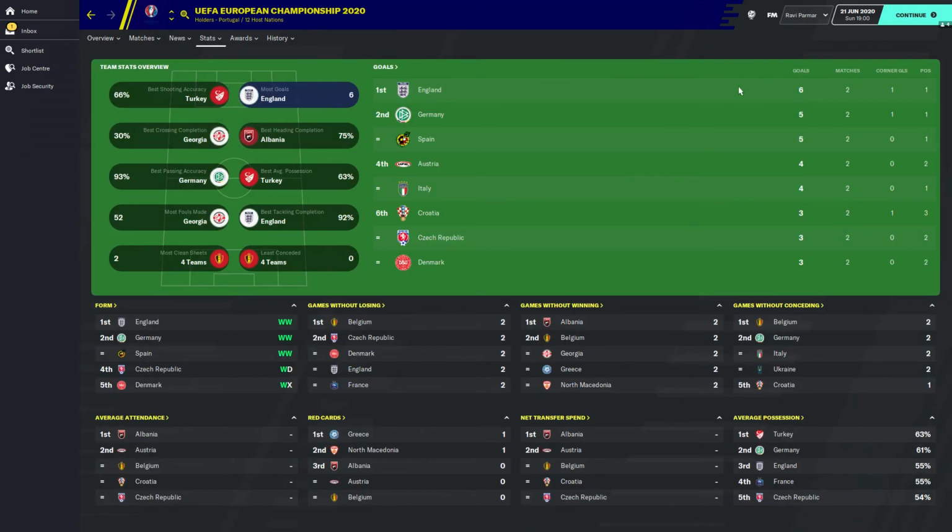And we can see here, England are the most prolific team in the tournament with 6 goals from their 2 games. Then Germany and Spain after that, and then Austria and Italy. Quite a few teams on 3 goals, which is as expected. Obviously, you can see from here,